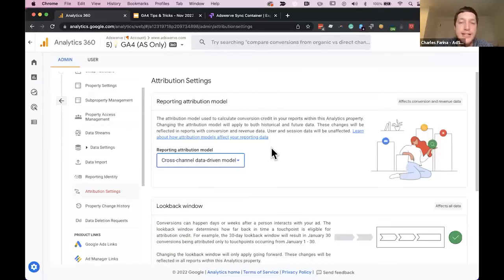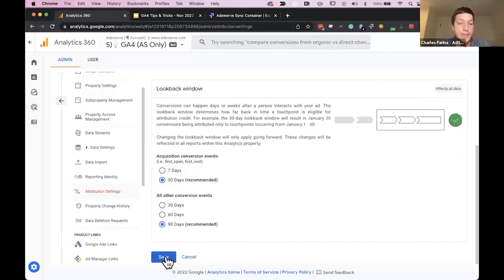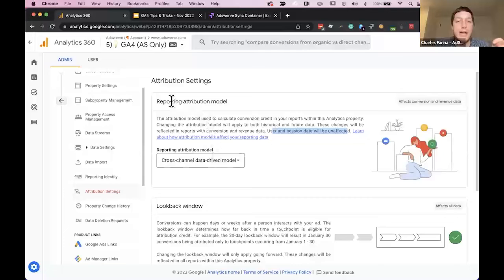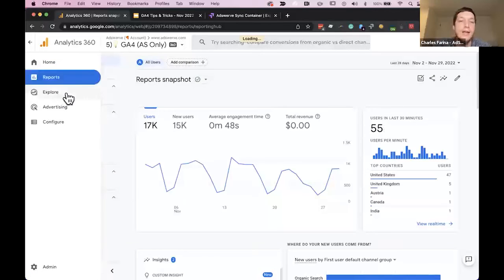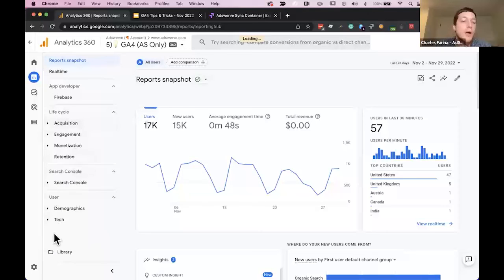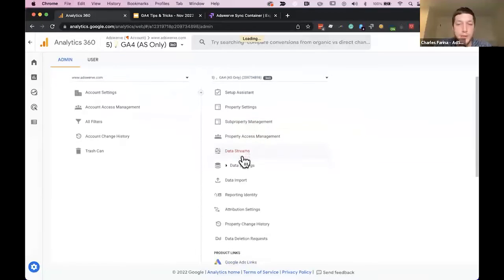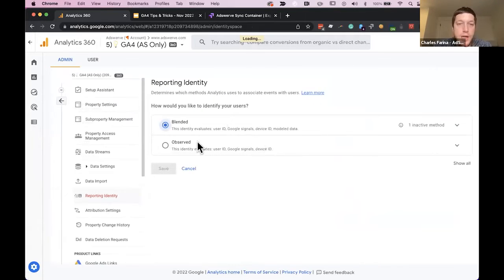So I'm going to change mine to data-driven. And this is another setting in GA4 where you can change this whenever you want. This change will not permanently change any of your data. All of the core data is unaffected and you can change it as many times as you want. So right now, I am using a data-driven attribution model as my reporting attribution. And I think most users would probably expect that basically everywhere we go now, we'll see that default attribution model. Just to make things a little simpler, I'm also going to change my user identity back to device-based because I don't like the thresholding.